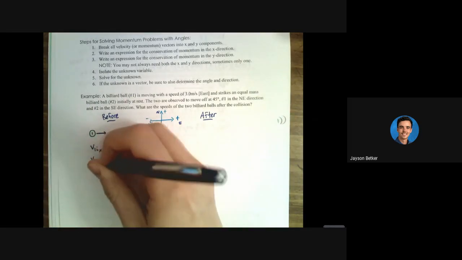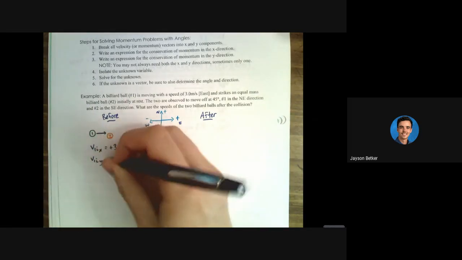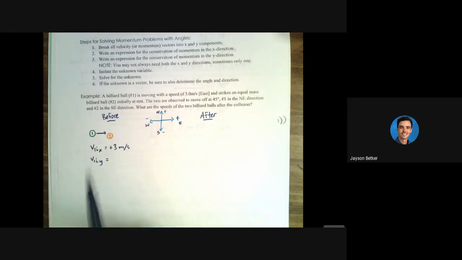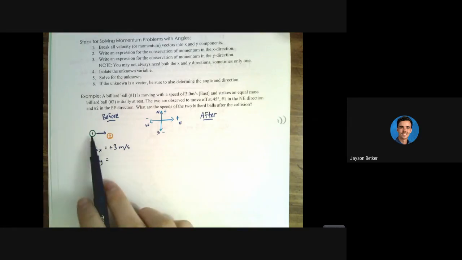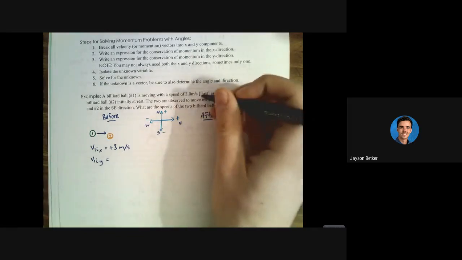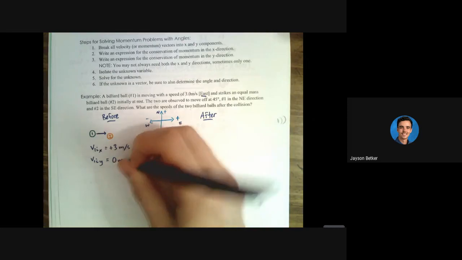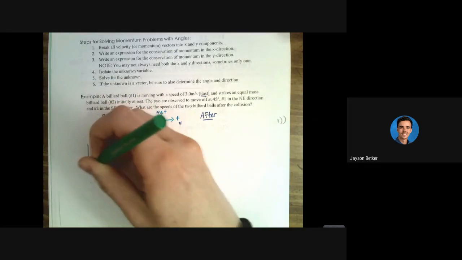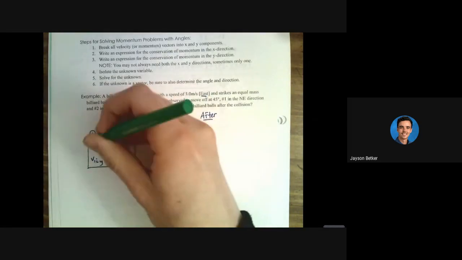Okay, now what about V1IY? That's the initial velocity of billiard ball number 1 in the y direction. Well, it's only moving east, therefore its y velocity initially is 0 meters per second. Okay, so that is all the information we know about the velocity of the billiard ball numbered 1 before the